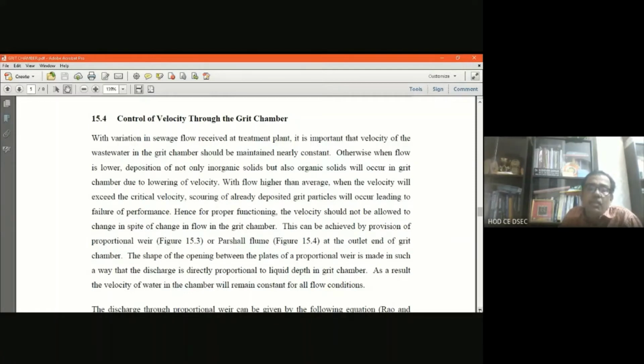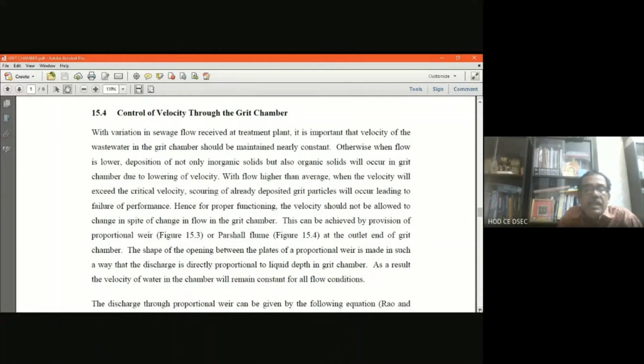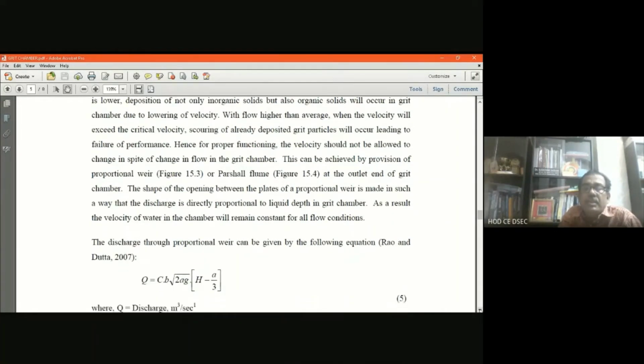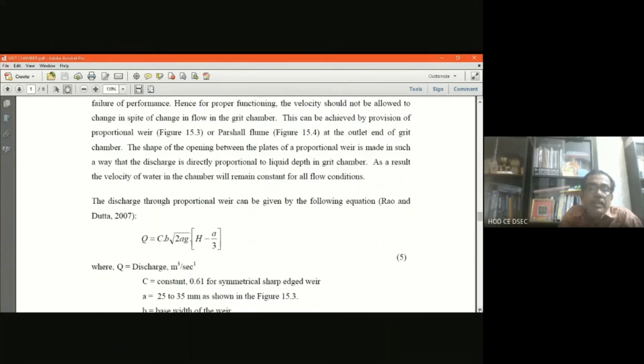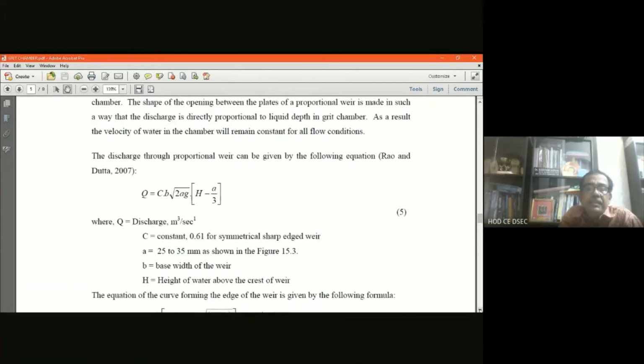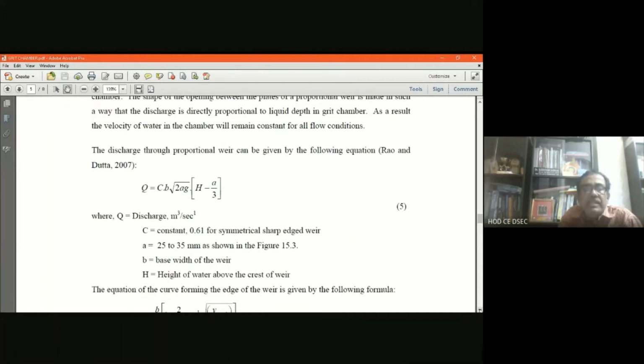And the shape of the opening between the plates of a proportional weir is made in such a way that the discharge is directly proportional to the liquid depth in the grit chamber. As a result, the velocity of water in the chamber will remain constant for all flow conditions. Now, the discharge through a proportional weir can be given by the equation, that is C B root over 2 a g (H